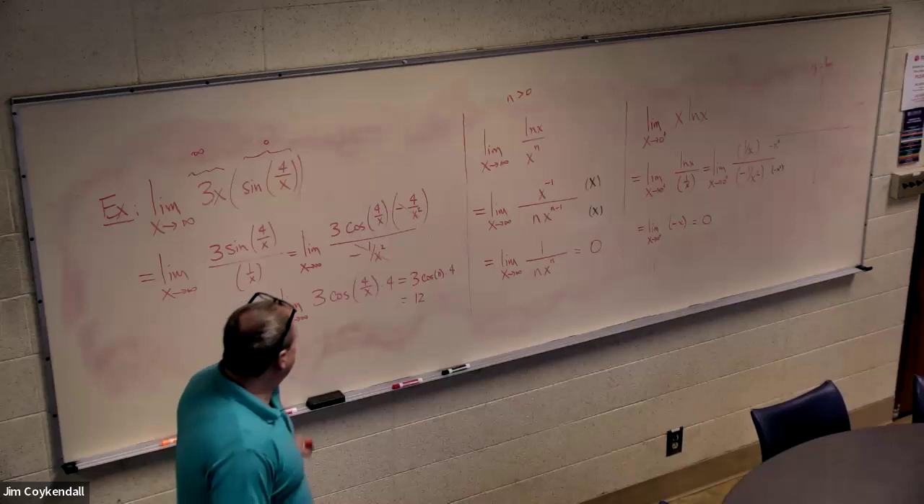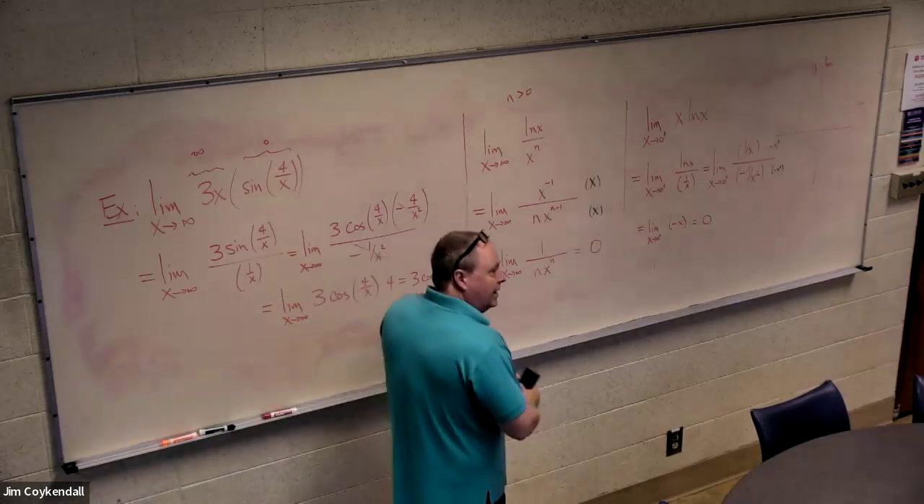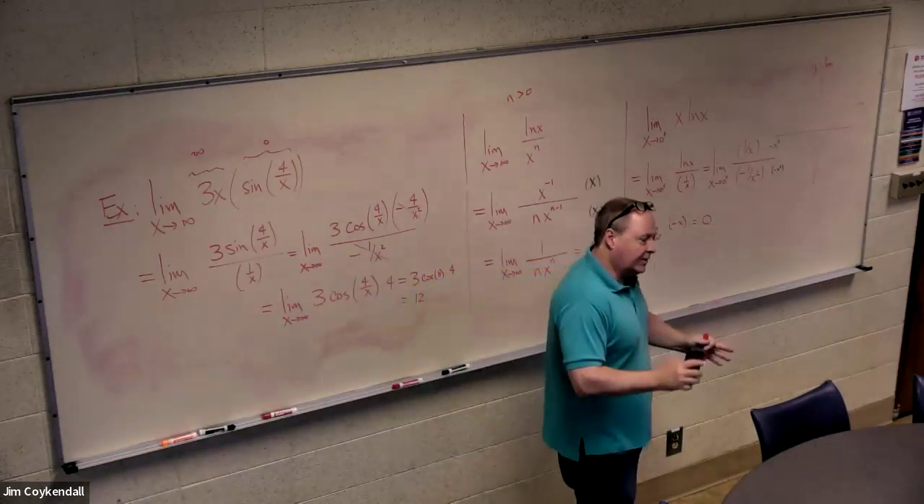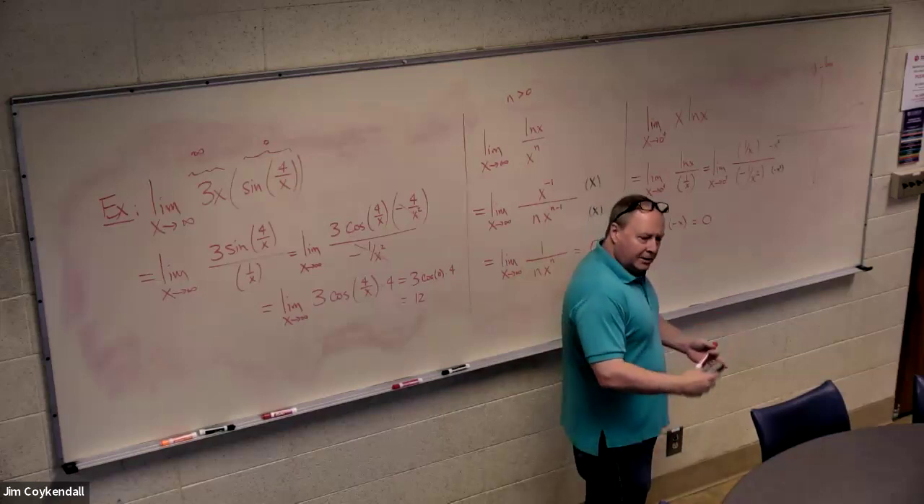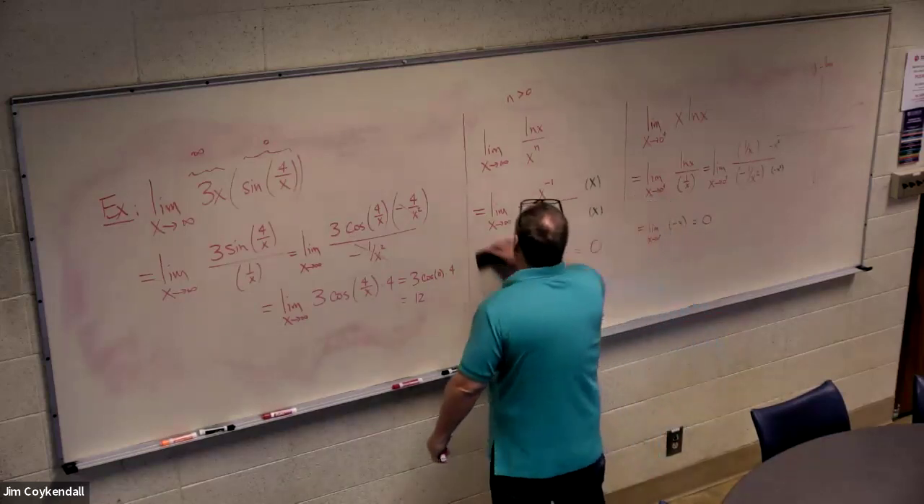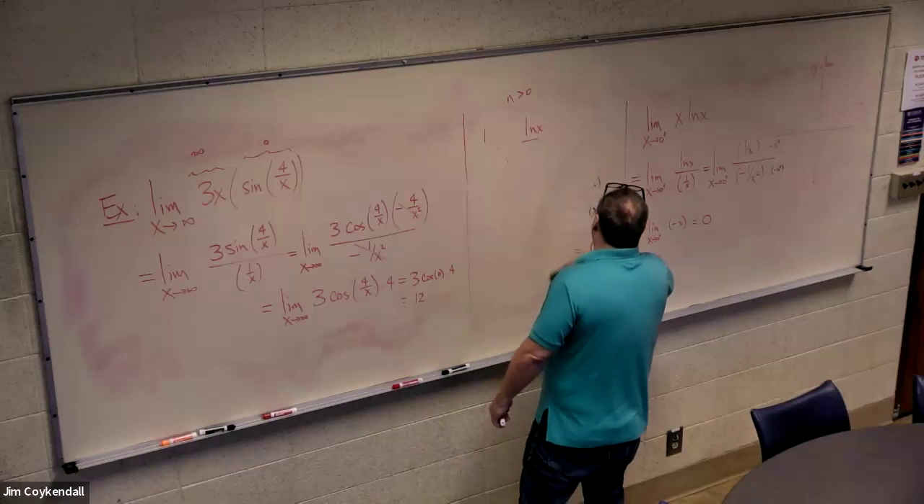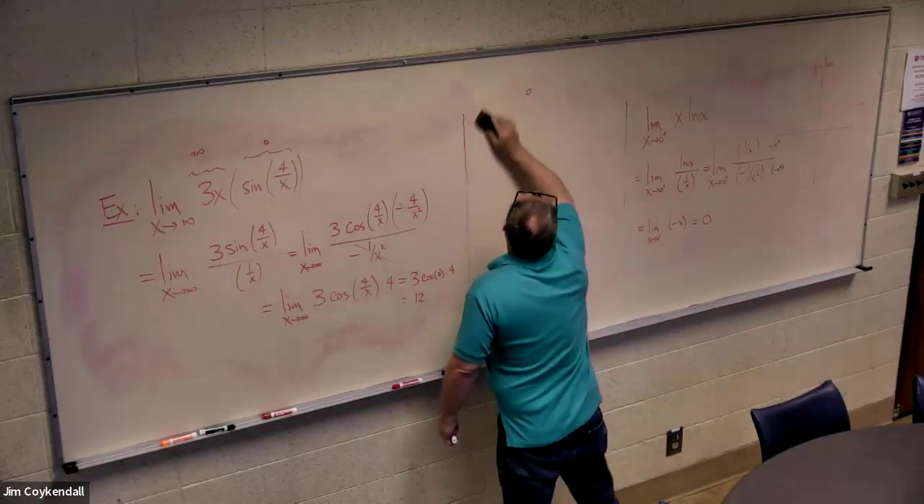So that's how you do L'Hôpital's rule. Sometimes if you've got a product of two things, you get infinity times 0. You say, well, I think we'll turn it into a fraction. Sometimes, okay, so let me